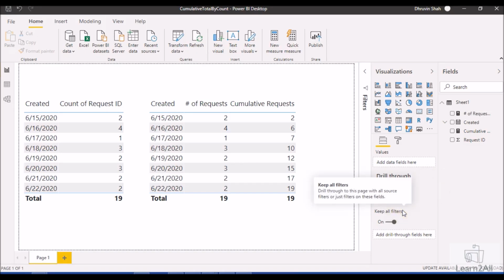Hey everyone, in this session I am going to talk about how we can perform cumulative or running total inside Power BI. Sometimes there are situations where you need to perform the cumulative sum for your data. At that time, this measure or function will be very useful. Now, let me talk about the real life business scenario.